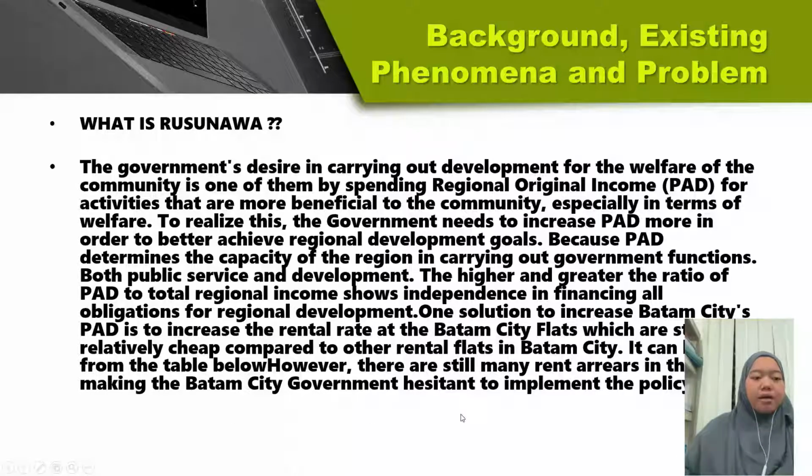The government's desire in carrying out development for the welfare of the community is, among others, to spend regional original income or PAD for activities that are more beneficial to the community, especially in terms of welfare. To realize this, the government needs to increase PAD in order to better achieve regional development goals, because PAD determines the capacity of the region in carrying out government functions, both public service and development. The higher the ratio of PAD to total regional income, the greater the independence in financing all obligations for regional